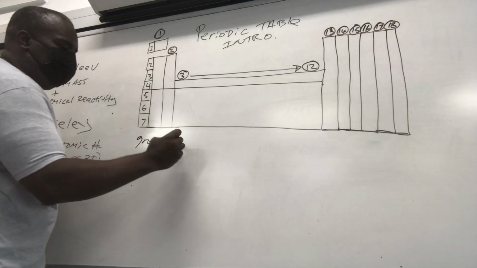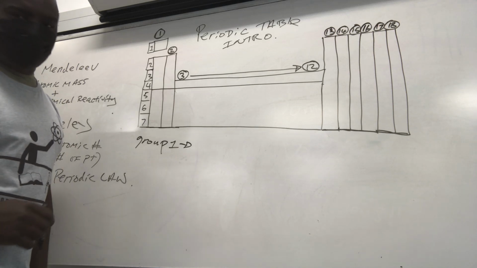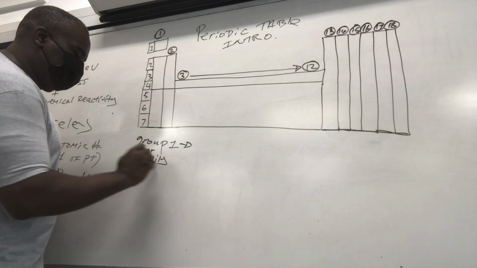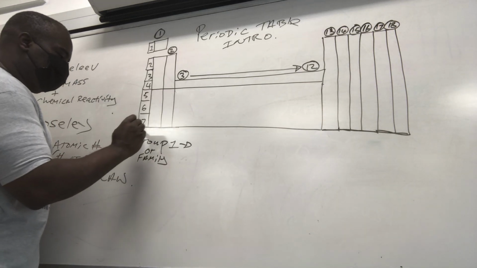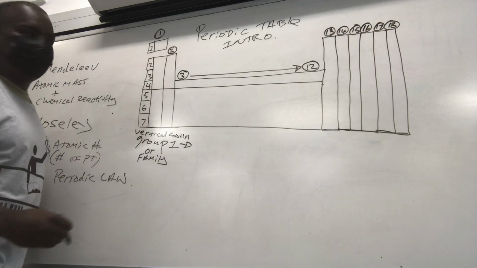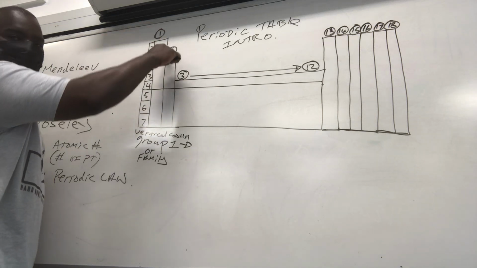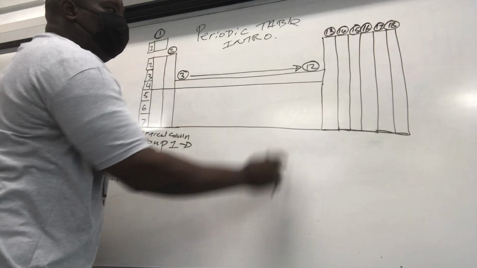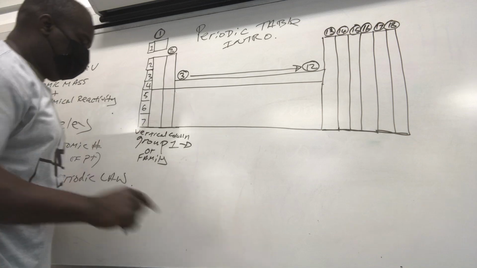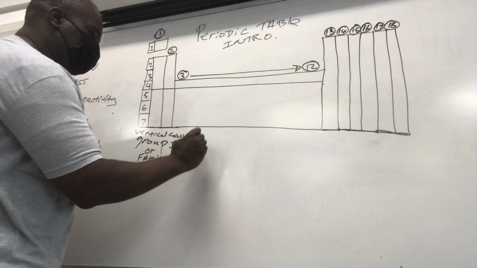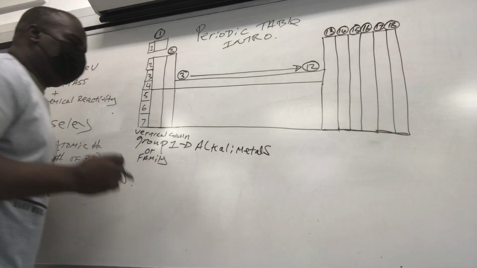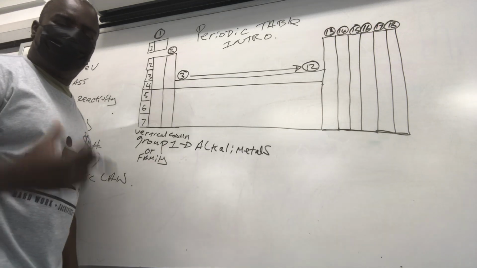Now, before we give the name of group 1, what is a group? A group or family. Okay, so make a note, a group or family is a vertical column on the periodic table. So you look from top to bottom right here, that's group 1. Top to bottom right here, that's group 2. This is groups 3 through 12, 13, 14, 15, 16, 17, 18, and so on. Vertically from top to bottom, okay? Alrighty. So group 1 is called Alkali Metals.